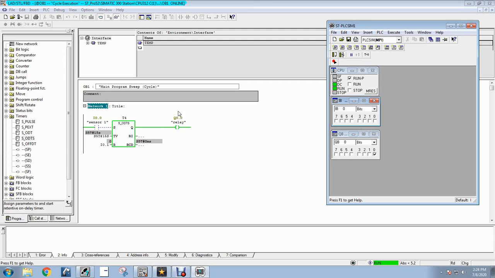To reset this timer, we have to give the high signal at I0.1, and it gets reset. Again, if you want to start the timer, give the signal for a short time and remove it. It delays the on and sets it on, and when you give the input at I0.1, it gets reset.